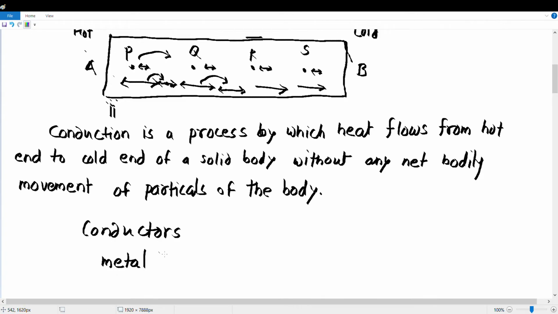They carry heat from one point to another point easily in a small time. And the wood, air, they are the bad conductors, which are also known as the insulators